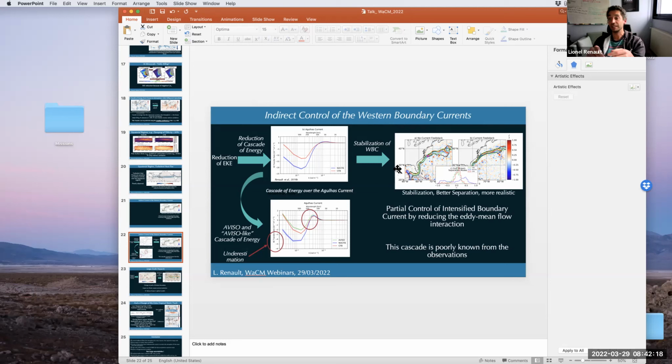That's a good question, because what I show here is from the geostrophic currents. But that's something we are also missing: if we wanted a clear estimate of the forward cascade, we would need the total currents. We are missing a part of the cascade because, in the observations, we only have access to the geostrophic currents. But in the model, in those plots, because I wanted to compare to AVISO, I used the geostrophic currents.